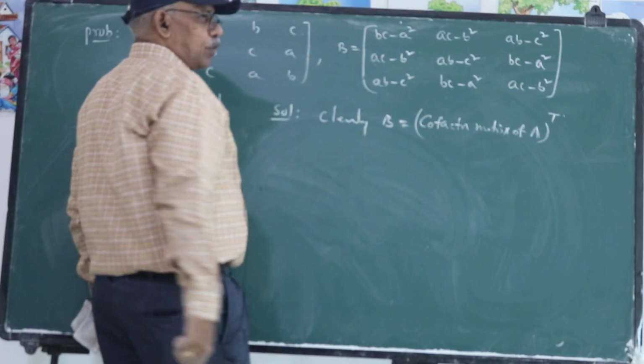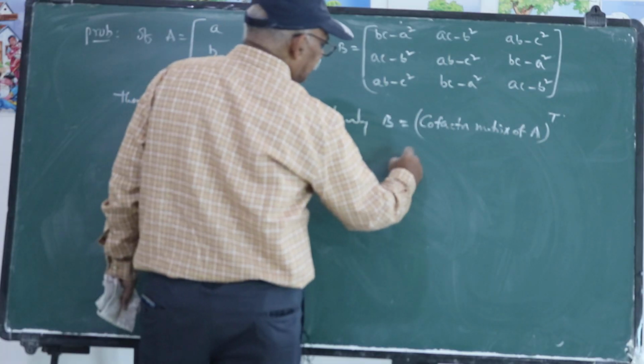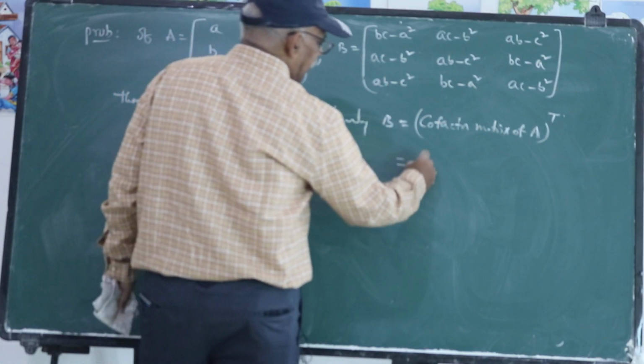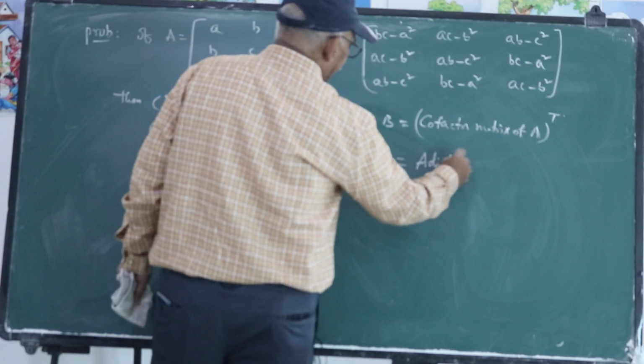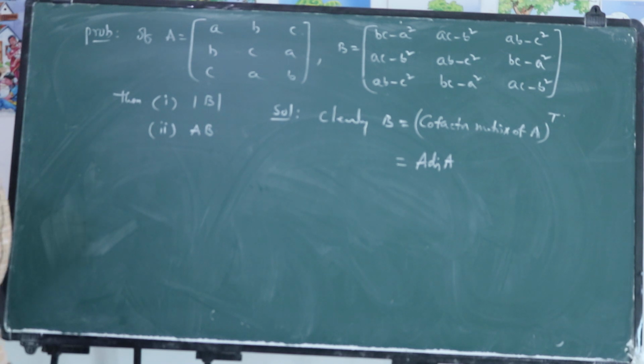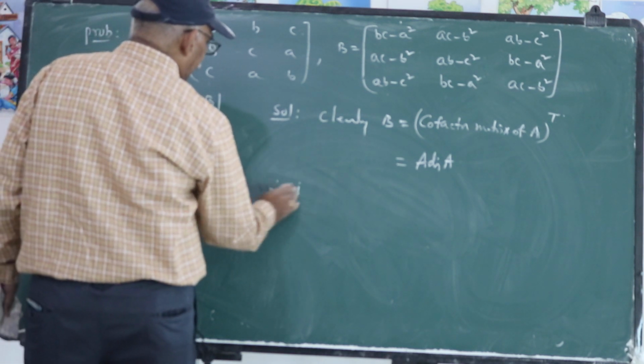The transpose of the cofactor matrix is B here. That is, the transpose of the cofactor matrix of A is the adjoint of A. So clearly, B is given as the adjoint of A here. So therefore, the first one,